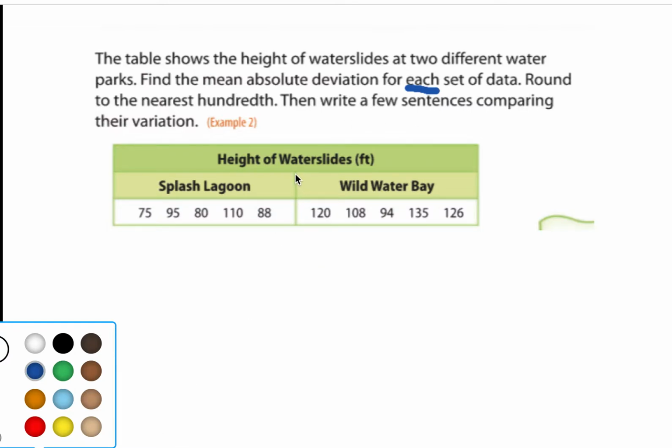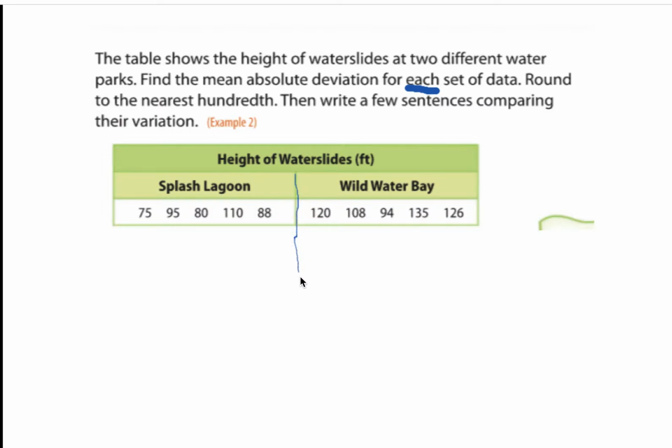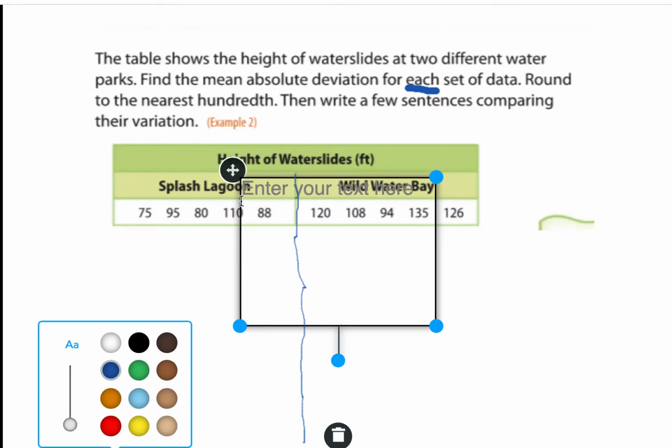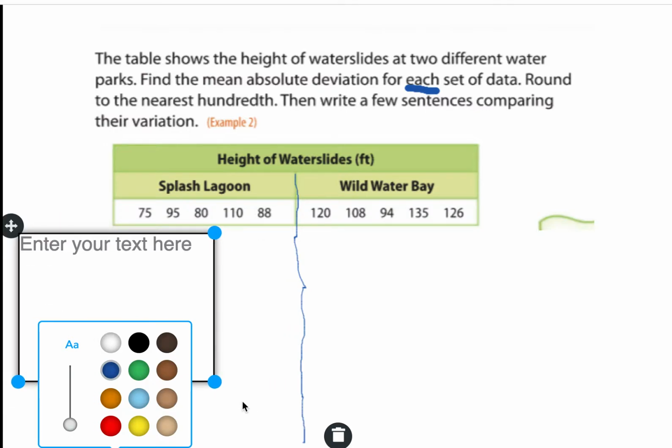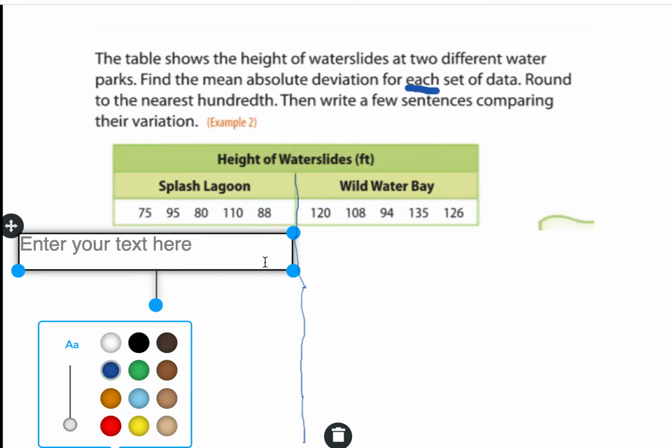So we're going to literally split this in half. We have to compare the two MADs. So what we're going to do here, just to make life easier, is to complete the MAD for one set and then for the other. So we're going to do like we've been doing. We're going to add these up together, and I want you to actually do this with me. So right now, you're going to be writing this in your notebook along with me, and we're going to be solving this